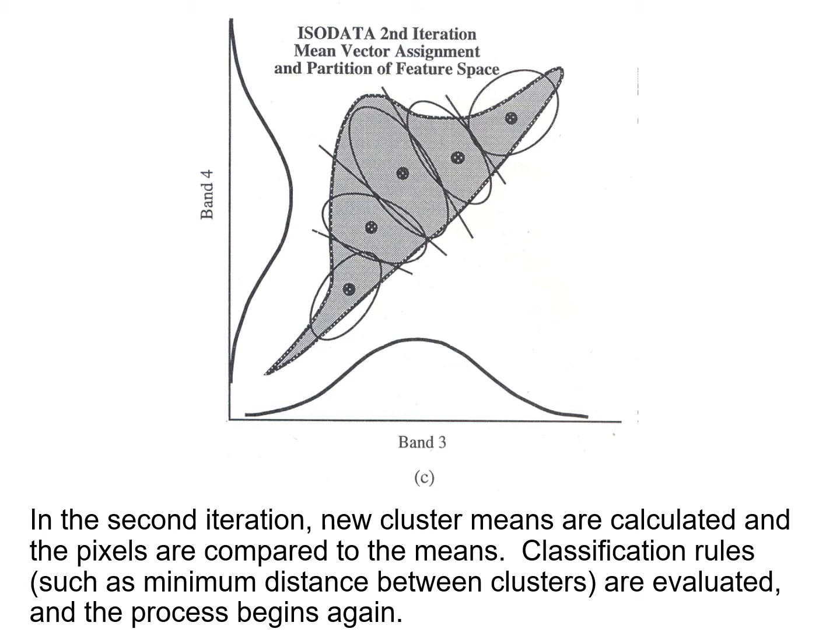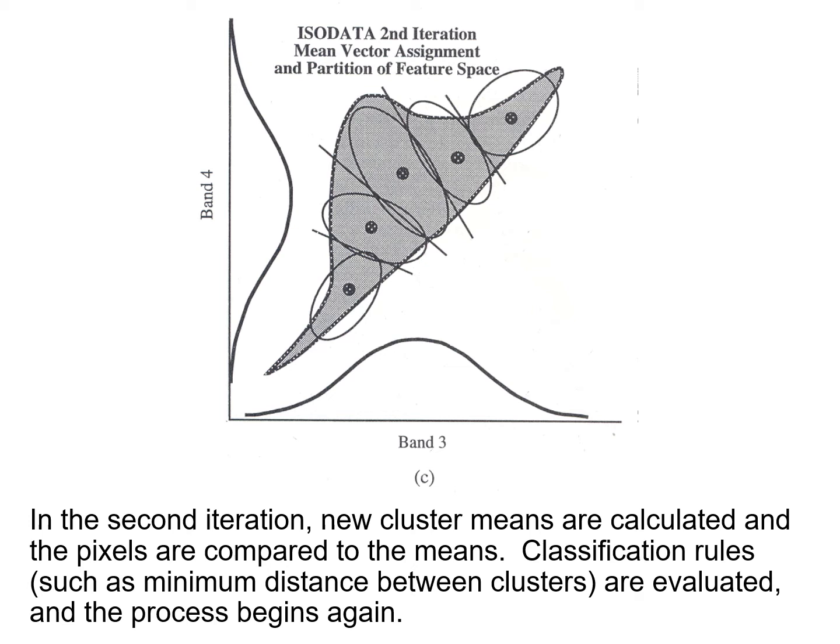So once we've calculated new cluster means for each one of the clusters, we're going to do the same process. We're going to look at all the pixels and then say, oh, well, now which cluster does that particular pixel belong to? Because the cluster mean may have moved further away from a particular pixel. So now another cluster mean might be closer, okay? And so the process begins again of reassigning pixels,